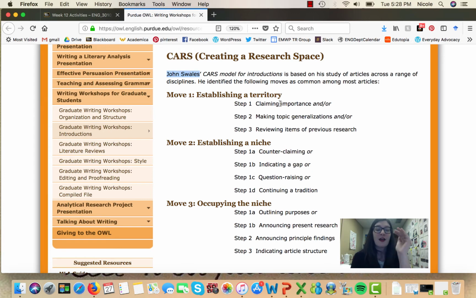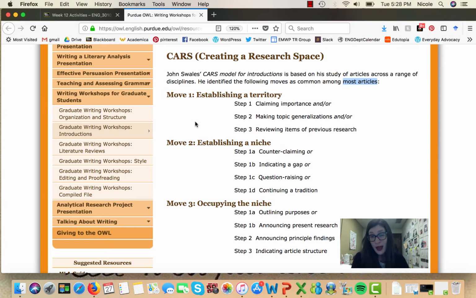This is 3 moves that in all of academic writing, it can be slightly different depending on discourse community, but most articles have introductions that make these 3 moves. And so when you're writing your research proposals for Project 4, your introductions should make these 3 moves.